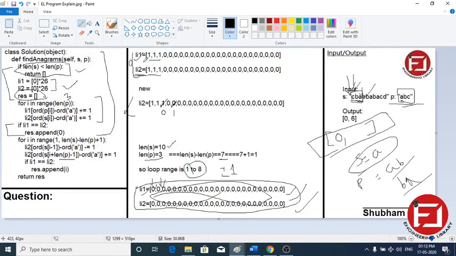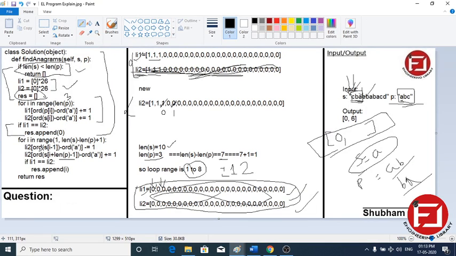And after this we are checking whether list 1 and list 2 are the same. List 1 is this. Now list 2 is the one getting updated downward, so we will not consider the other list. So is list 2 the same? No. So we don't have to append the i value. Now i is incremented to 2.